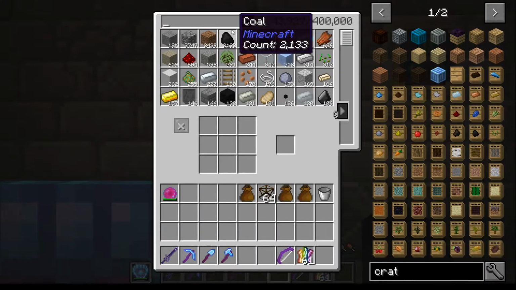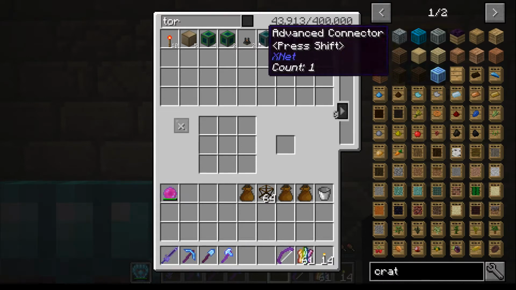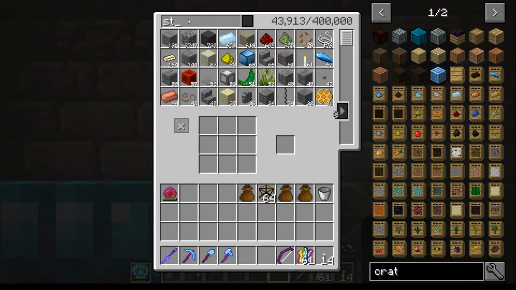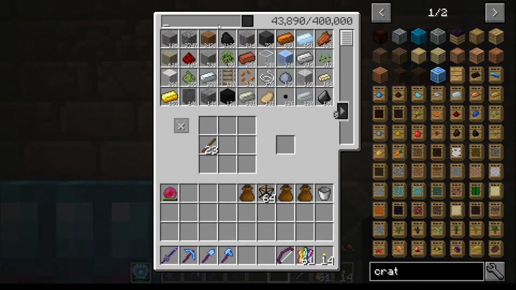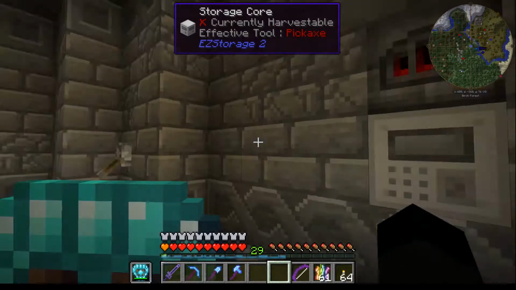Alright, so I could do with some torches, however. I'll take 14. I could do with more. Okay, give me some sticks. Give me some coal. And give me a big pile of those. Thank you. And we'll stick the 14 back. Right, so